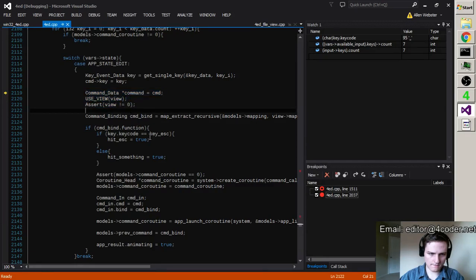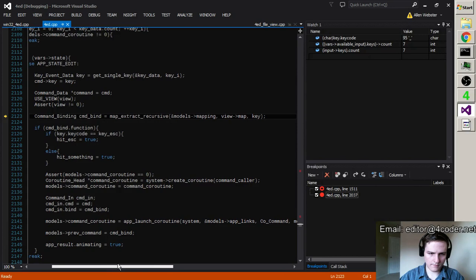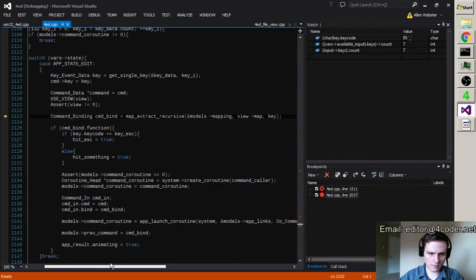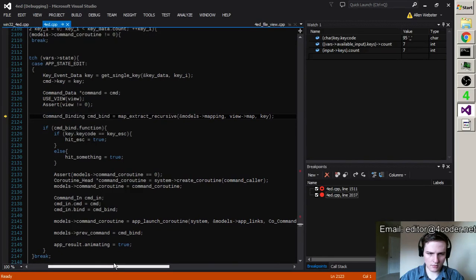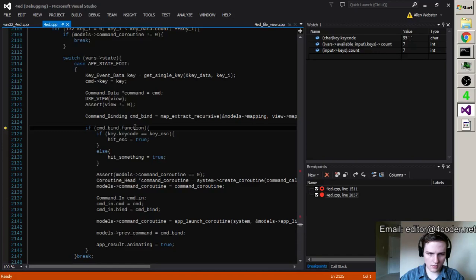Unclear. That's super lame. So then we go and search for the binding. That's not really relevant. We find the binding. It is not an escape, so it hit something good.